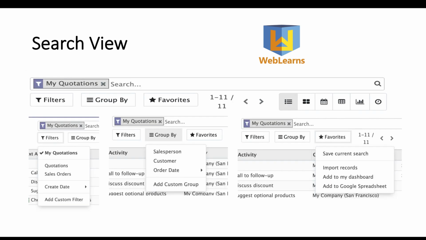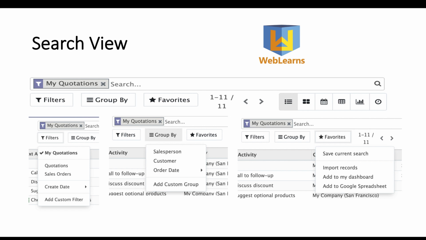Then the next view is the search view. Here you can see the main search view, which is available by default in the list view, and based on the fields you can search for specific records. There are three types of buttons available. The first one is the filter. In filter you can add your own filters and conditions.